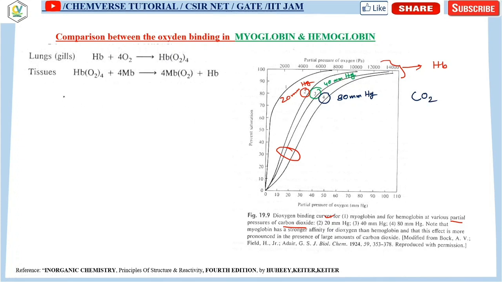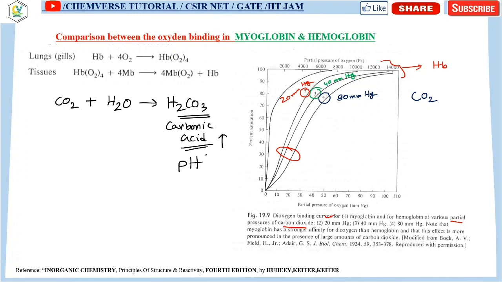Now when carbon dioxide is generated inside any organism, it finds an aqueous atmosphere and basically produces H2CO3, that is carbonic acid. When carbonic acid concentration increases, that means the acidity increases as well as the pH value decreases. So as the partial pressure of CO2 increases, we can see that pH decreases. So the acidity of the medium increases. Okay, is this clear or not?